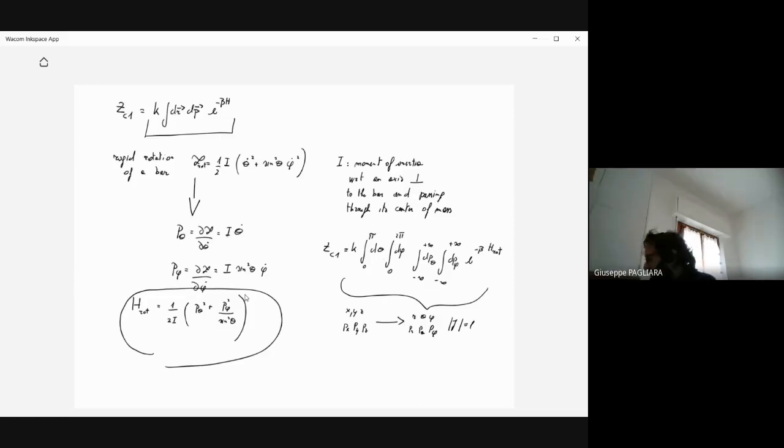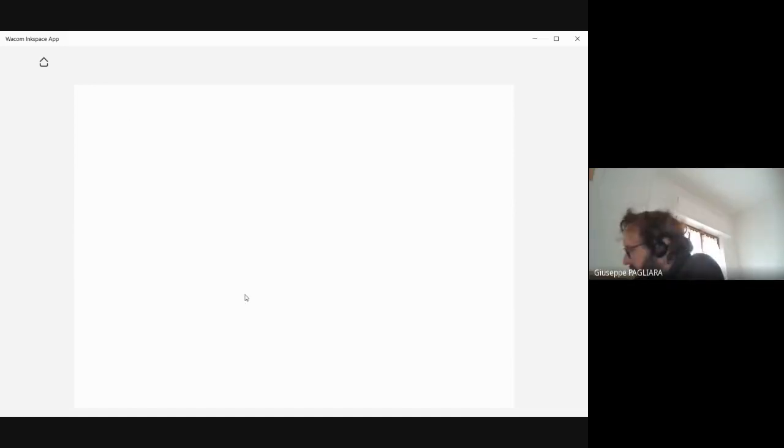Let me just sketch it and then I will stop. So ZC1 is equal to the integral over phi, which is just 2 pi. Then I have the integral over dp theta. So ZC1 is equal to 2 pi, then the integral over dp theta of e to the minus p theta squared divided by 2I times beta. This is a Gaussian integral, so it is equal to the square root of pi